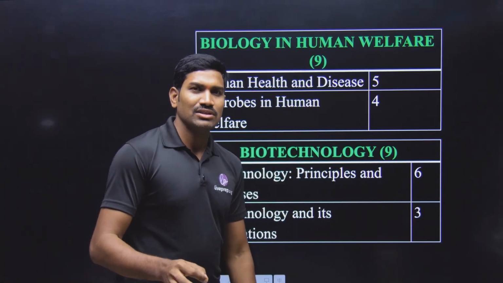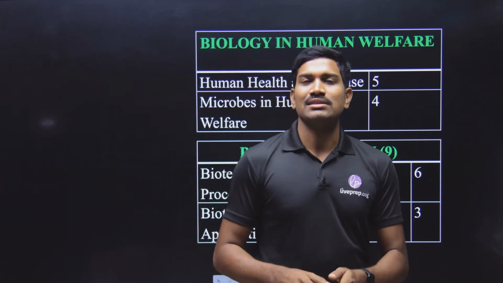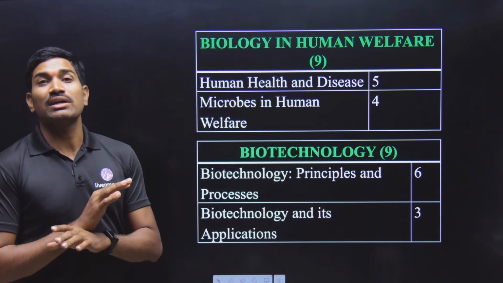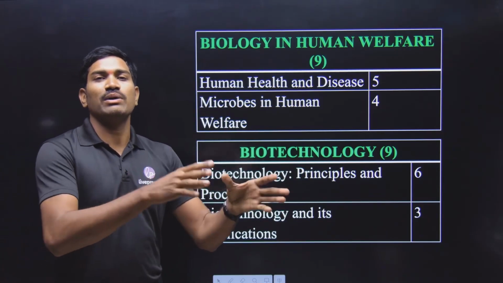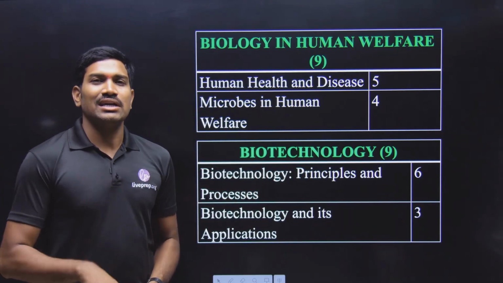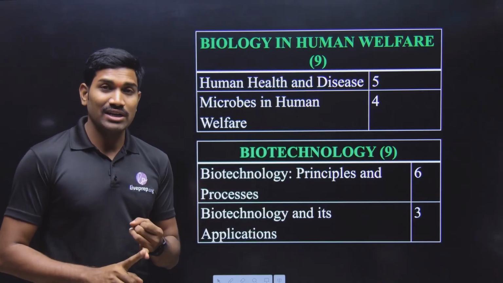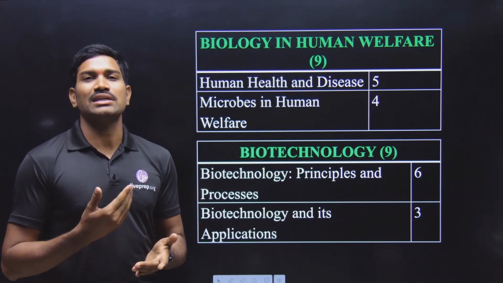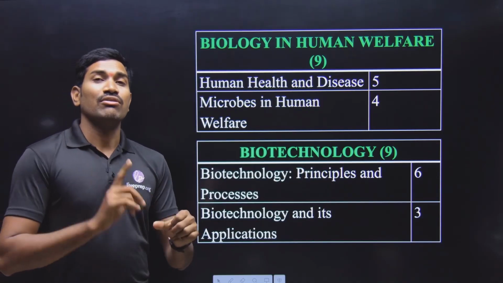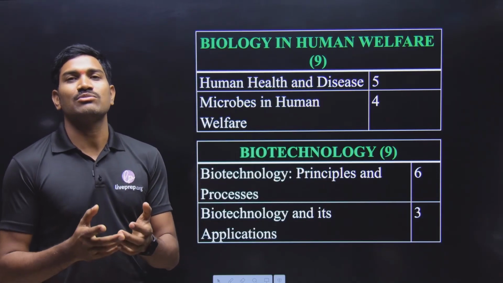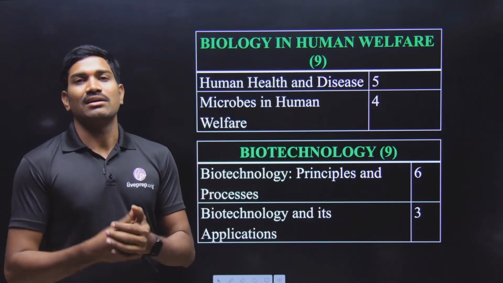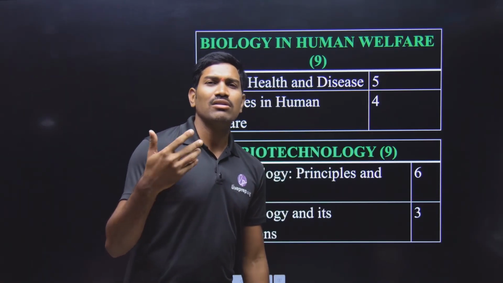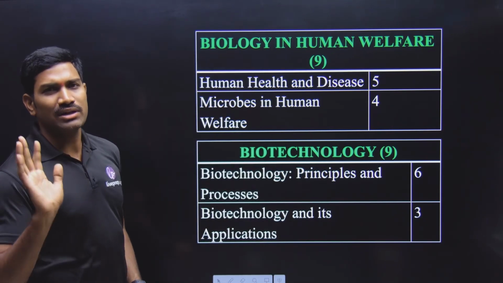Each and every sentence. Sometimes some paragraphs have general information, some boring things, but still they are important, because we cannot expect which paragraph they can ask a question from. They can ask from anywhere: from the unit introduction, from scientists, from the regular content of the chapter, from the exercise, from QR code content, and some questions based on applications. The diagram based questions, tables, graphs, all these are included. So everything is important for the examination.